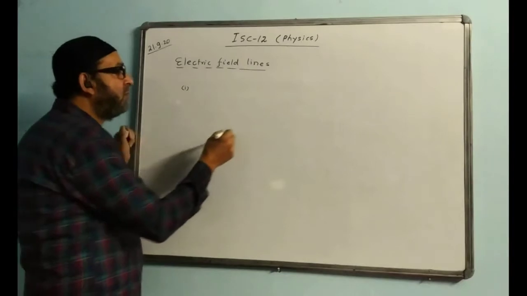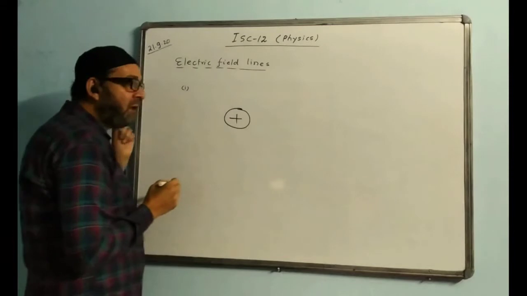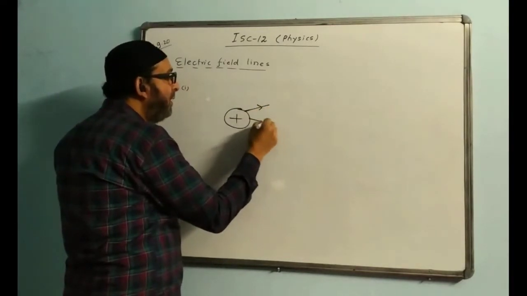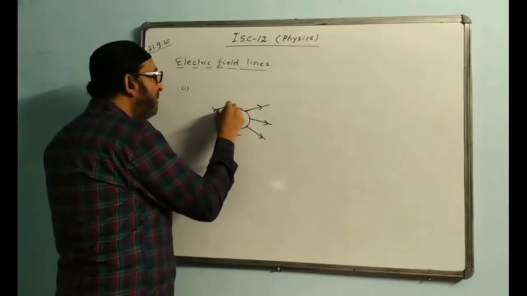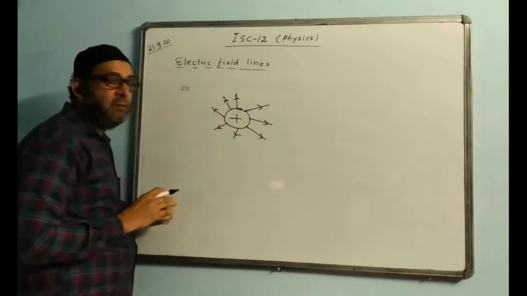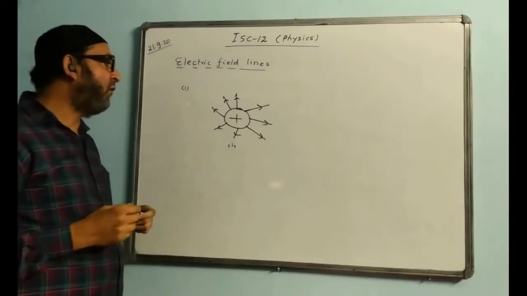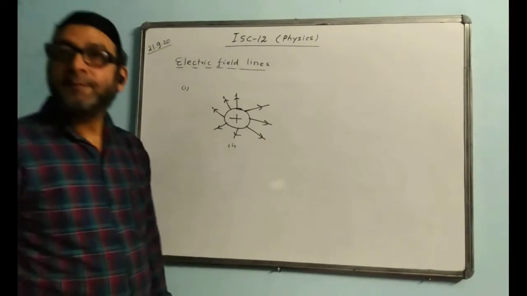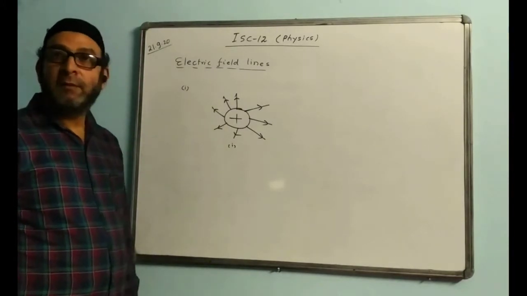Okay, electric field lines for a single charge will go like this. Suppose we have a positive charge. So field lines will be like this way. Infinite numbers of continuous lines, like this, which show they are directed away from the positive charge. This is figure number 1. If we ask you to draw the electric field lines of a single positive isolated charge, we draw this diagram.